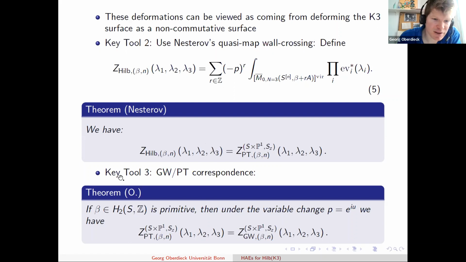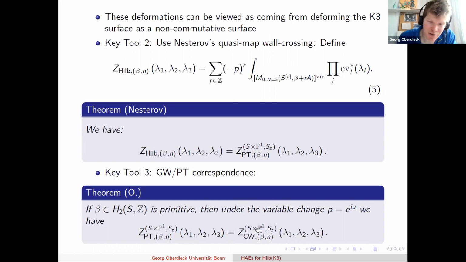And then there's a third key step, you're not done, that you have to prove a certain correspondence between Pandharipande-Thomas and Gromov-Witten invariants that allows you to go from PT to Gromov-Witten invariants of the surface times P1. There's work of this by Pandharipande and Pixton, but it's not quite enough because there's a certain vanishing cohomology on K3 surfaces under degeneration. So you have to extend their method and then prove a certain correspondence here between PT and Gromov-Witten. And so once you're here in this chain,